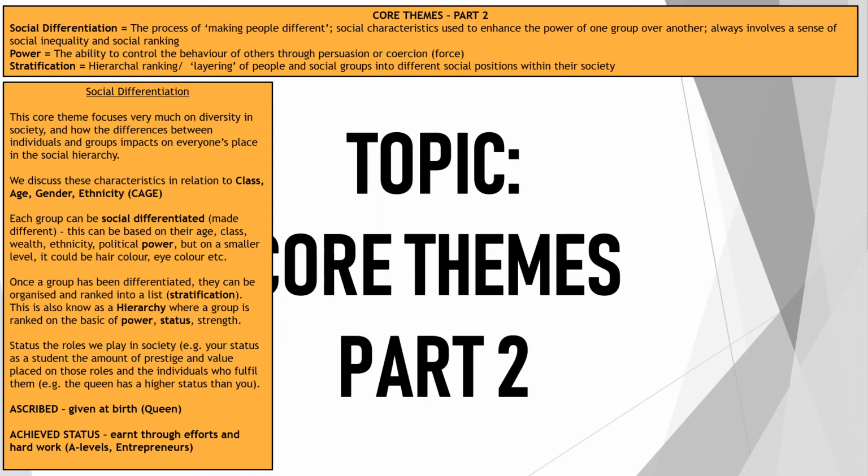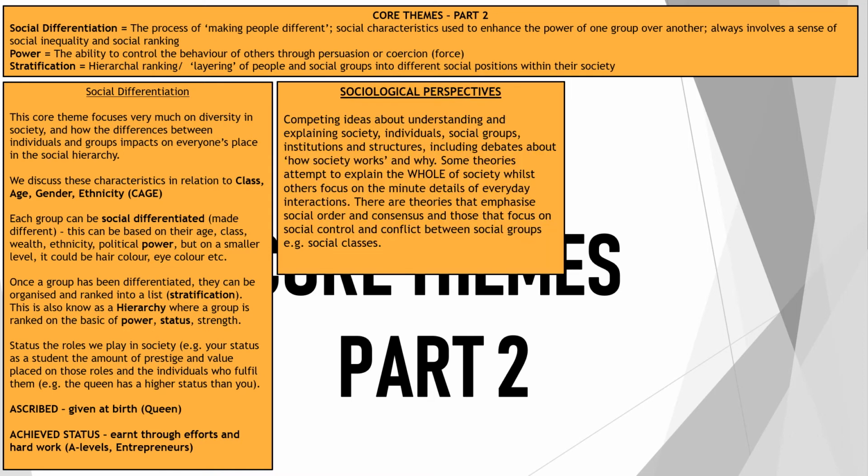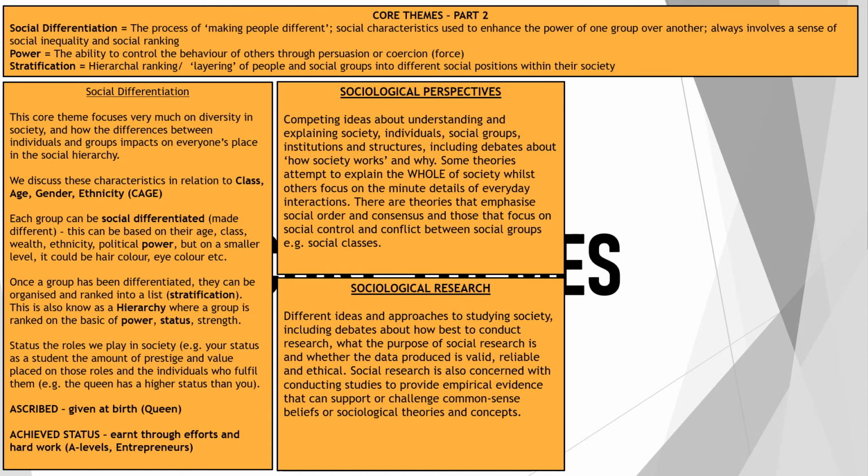Now, in relation to this, there are some other concepts we looked at in the final stages of core themes 2. So we looked at sociological perspectives. Sociology and sociological perspectives form the basis of what we do. We look at 6 key sociological theories, and we look at how they view and explain the world from a different perspective or different points of view. So that will be something we explore a lot as we go, and the theory is the basis of sociology. It's why we are studying sociology.